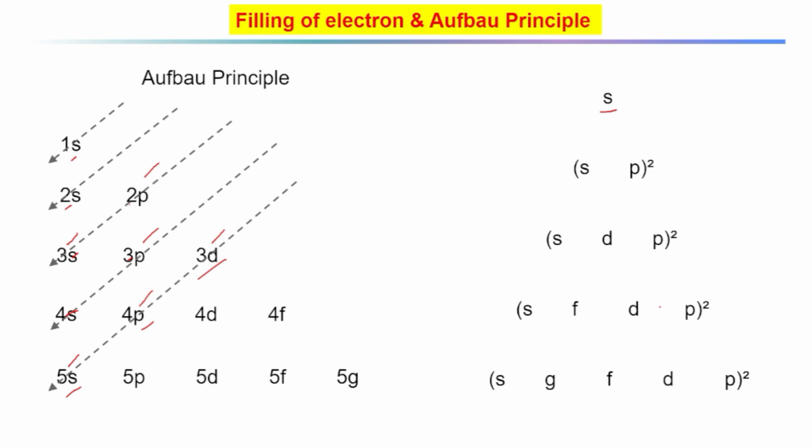Now what does it mean? So first when the electron comes, it will fill s, and again it will be sp square, which means in the next line it will be s and p, and again there will be another sp because it was sp square, right? So s, then sp square,